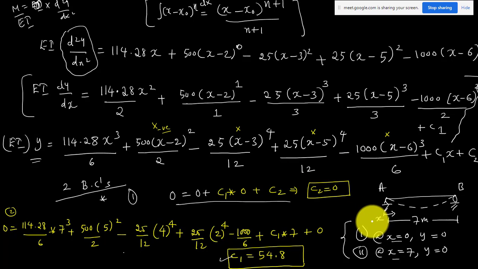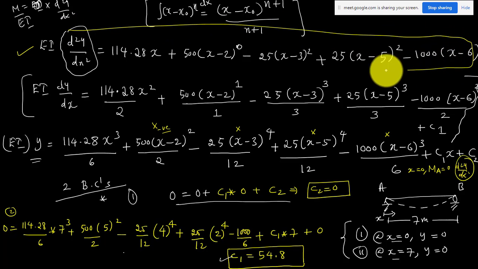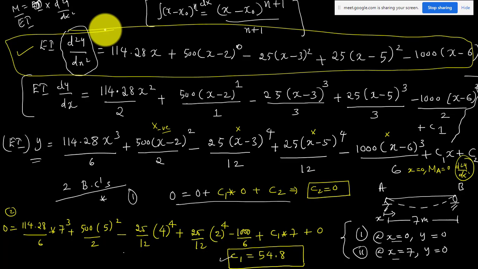And in case you want to use the other boundary condition, in terms of moment, let me try that. M A equal to 0, that means at x equal to 0, d square y by dx square will be 0. You can choose the boundary condition, but you have to use this equation. For x equal to 0, d square y by dx square equal to 0, but will you get any benefit from this equation? Is there any use of using this equation? No, sir. No use, because there is no c1 and c2.